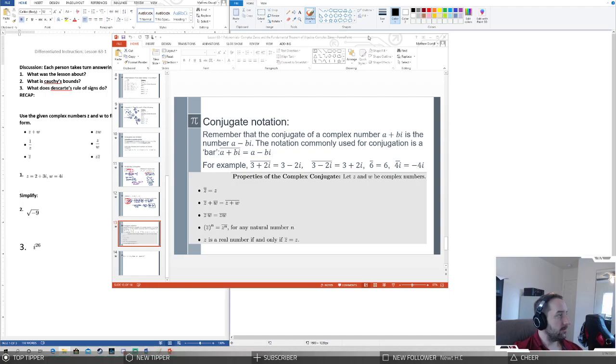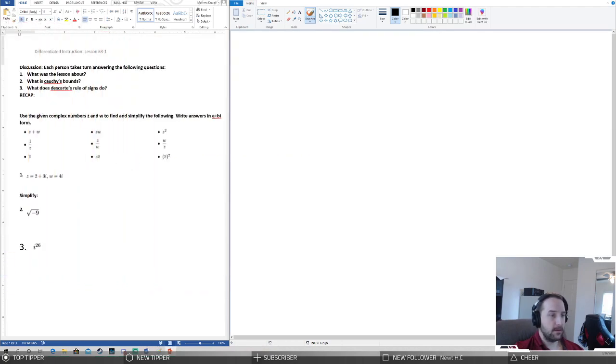Okay, so I'm assuming by the lack of response that we're pretty much good to go on that. So let's all start working on the DI. So I'll switch that off to the side. And we can start working on the DI together. So let's look at